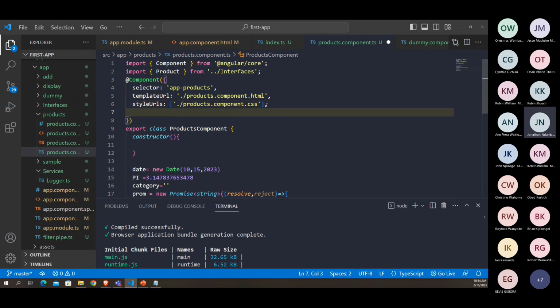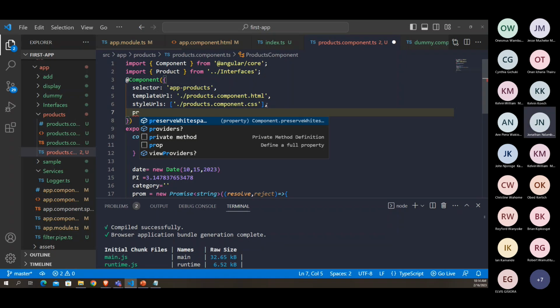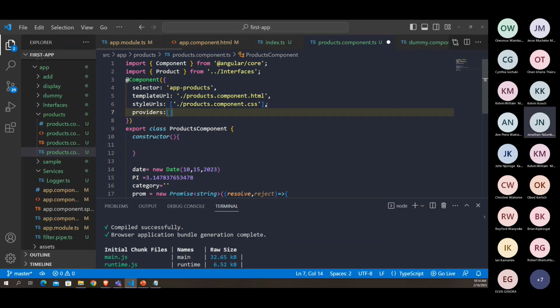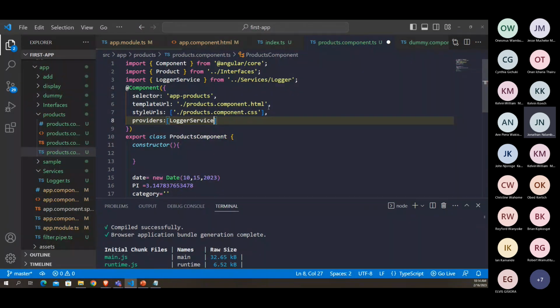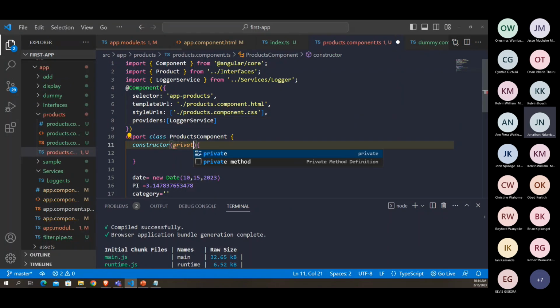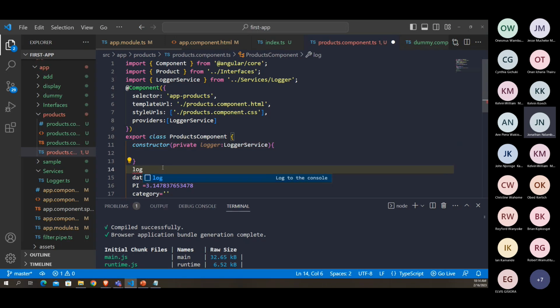So here I'm going to say providers, and inside there I'll say provide for me an instance of a logger service. I'll just list the services that I need provided, and then I'll say private logger, and this will be of type logger service. This is just a shortened initialization of the logger service. So now when I want to use the logger service here,